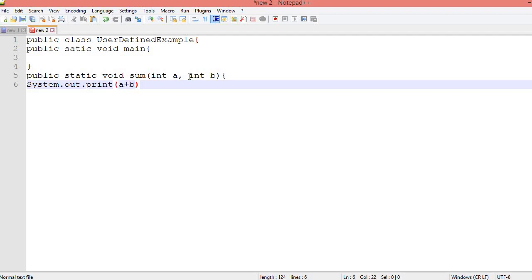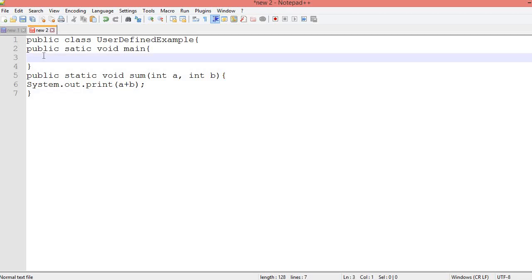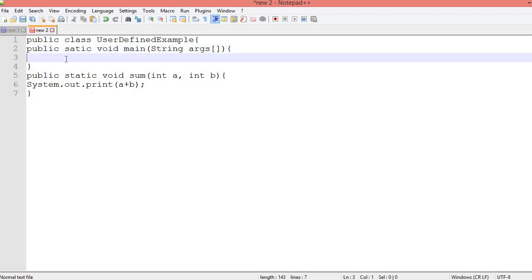Okay, let me close it. Now inside the main method, it's not completed yet. It is String args. Okay, so inside the main method I will use this user defined method.